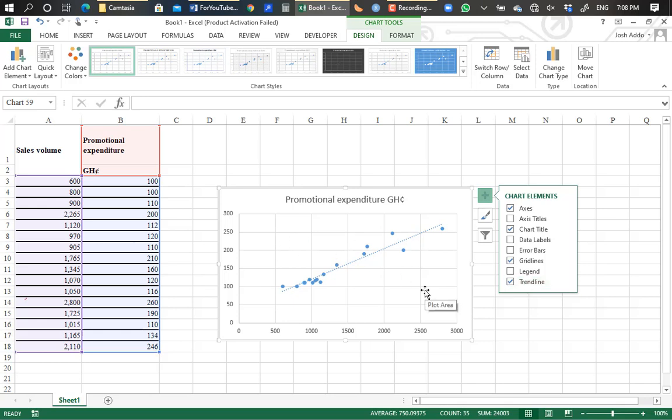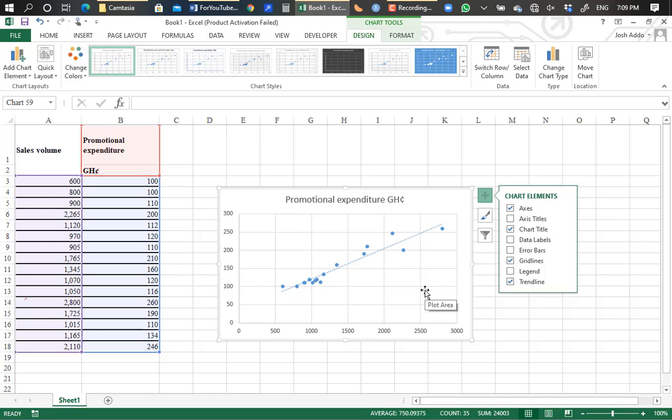So the trend line, like I said earlier, is positively sloped, like a supply curve. It means that as promotional expenditure is increasing, we expect sales volume to also follow suit. Okay, so that's good. Now we know which of the two variables is the independent variable and which is the